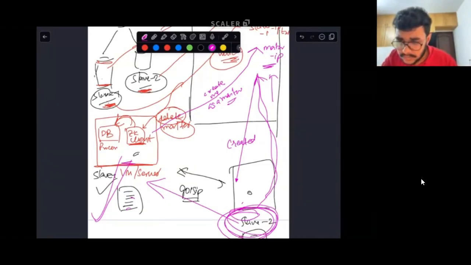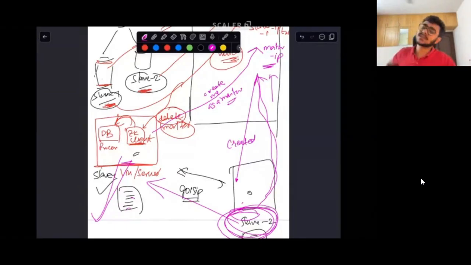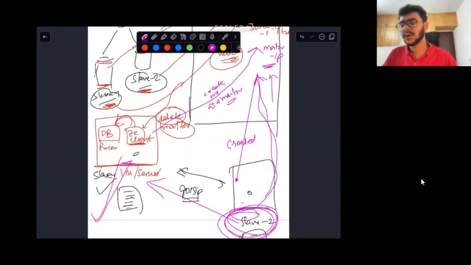Okay, wait. So once a slave becomes the master, it creates a new session with the Zookeeper manager? Yes, Shekina. Yes, it will create a new session. No, wait. What if it already has an existing session? No, it won't create a new session, Shekina. It's just that the file that is going to be managed with this session will change. The only difference is, once a slave is promoted to become a master, the file that is associated with that session, only that will change.